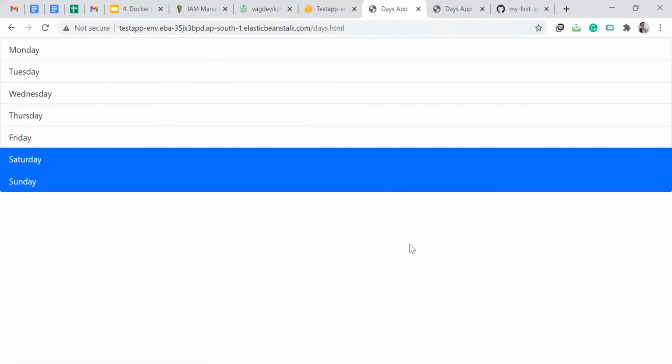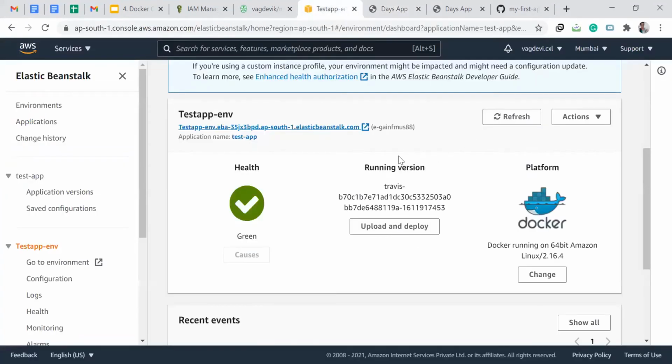Now let us see how to merge the changes from the testing app or the testing branch to the main branch on the GitHub. And then after merging these changes to the main, Travis again tracks this main branch and then deploys this to the original site, not the testing one. Okay, now let us see that thing.